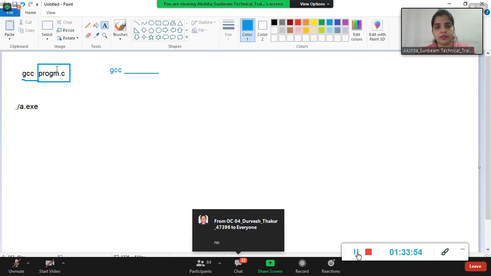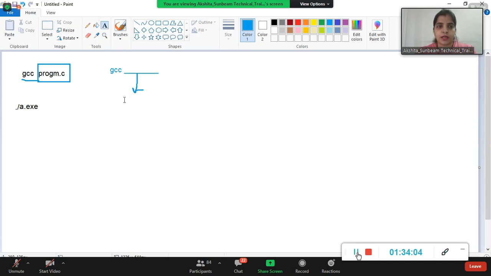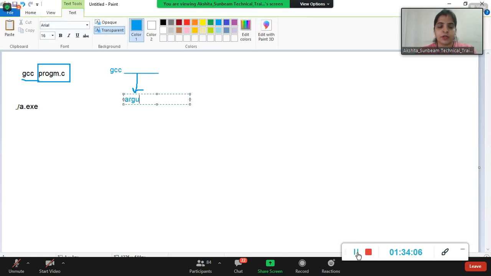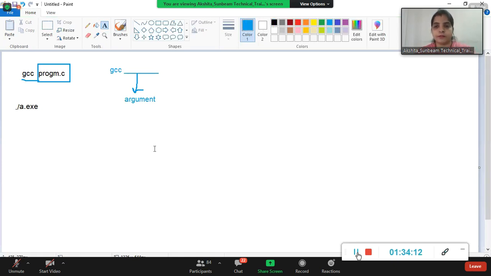What is that value? That is nothing but the program name. So when I try to execute any program, and if I wish to pass some value along with it, तो इसको मैं बोलती हूँ आर्ग्यूमेंट। इसको क्या बोलते हैं? आर्ग्यूमेंट।